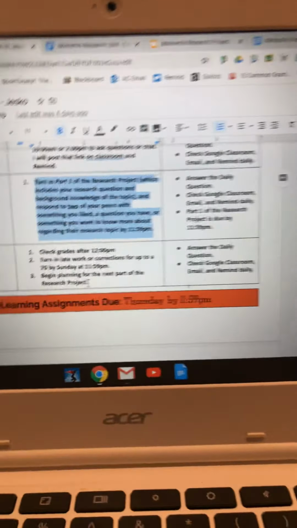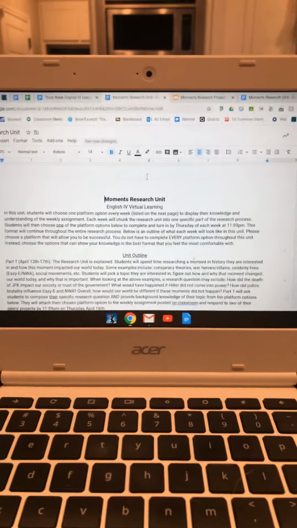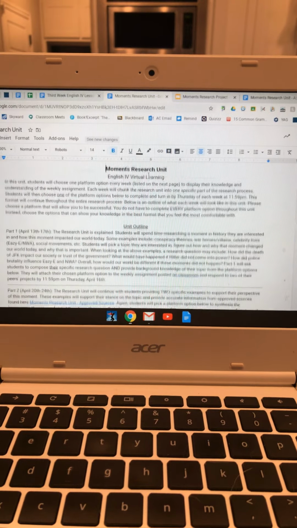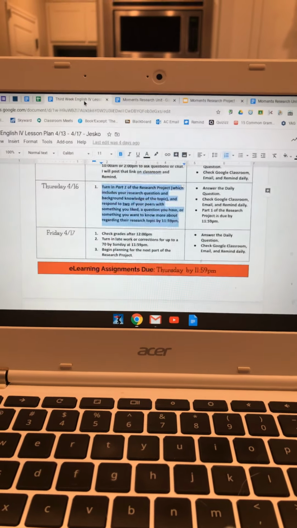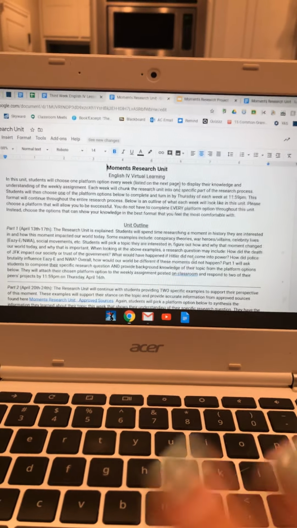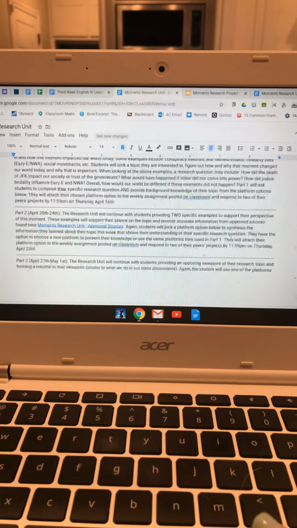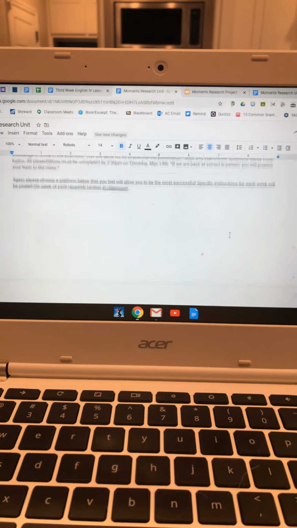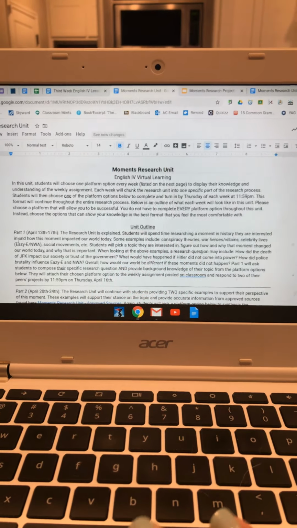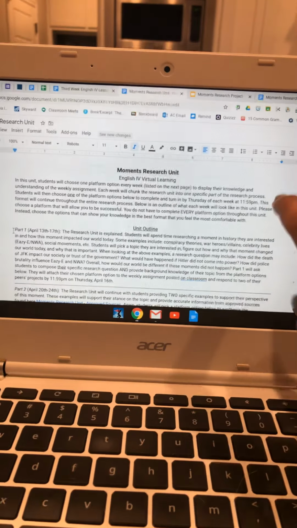So, when you look at that Moments research unit, which you have access to both on Classroom and on your unit template, the paper we were just on, this one, okay? So you can click here as well. You will pull up to this page. Now I know it's overwhelming. There's a lot, I mean, it's a long document, okay? But every part is chunked. So right here, we're starting on part 1, right where my cursor is, okay? But I want to talk a little bit about the overview, all right?